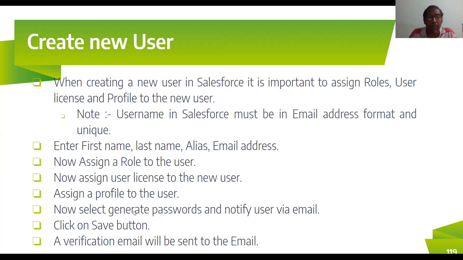So this has to be enabled. That is, the password will be generated and then the user will be notified. The moment you create the user, the password will be notified, and the mail will be sent to whichever email ID you registered. From there, you validate your user and then generate the password. So you're going to enable this. If we don't enable this, the user will not be notified. And then you click on the save button.